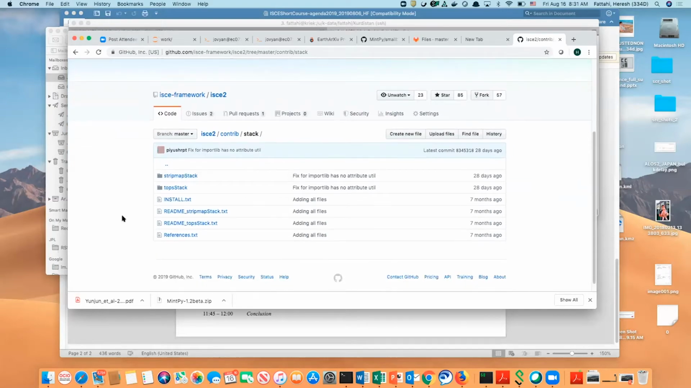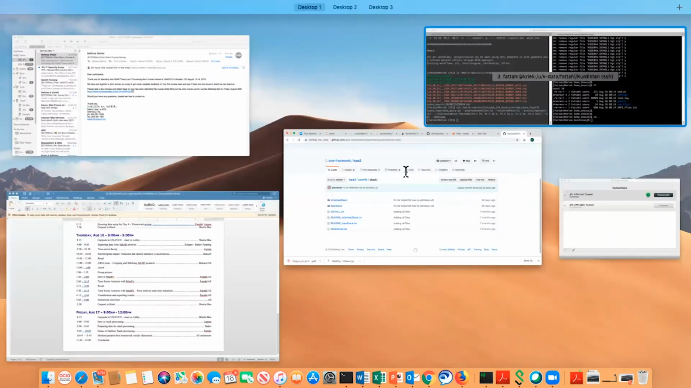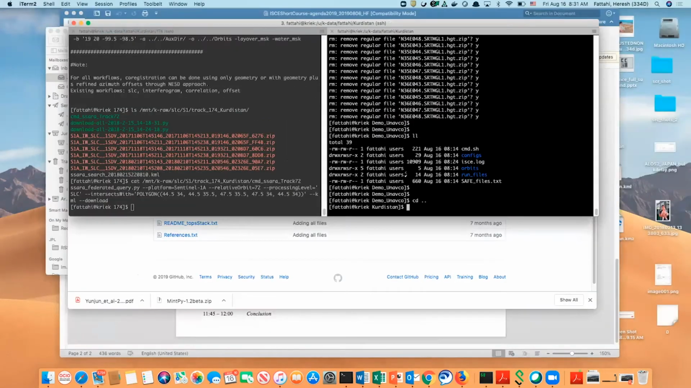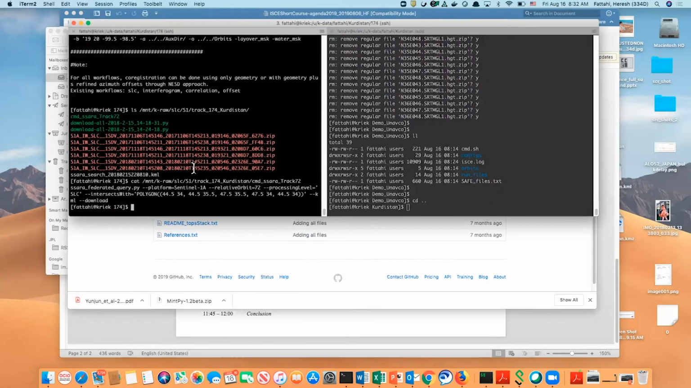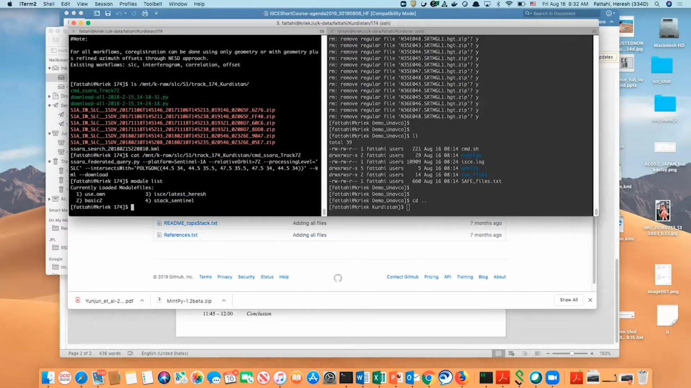So what does it do? Is it still true that you can only have one at a time? Yeah, they still have conflict. So you usually change your path with respect to which one you want to use. Yes, that's true. So we usually are using module. For example, I have loaded my ISCE and I have loaded my Stack Sentinel module. If I want to load